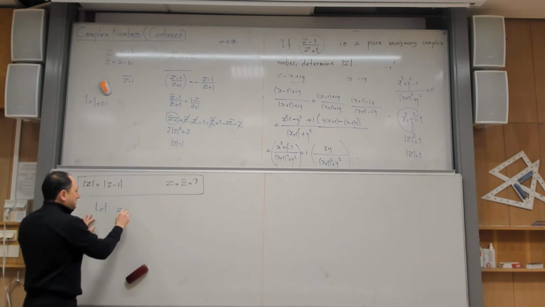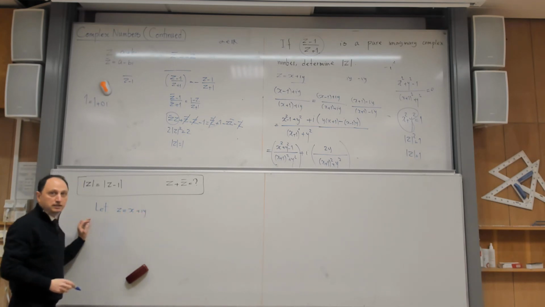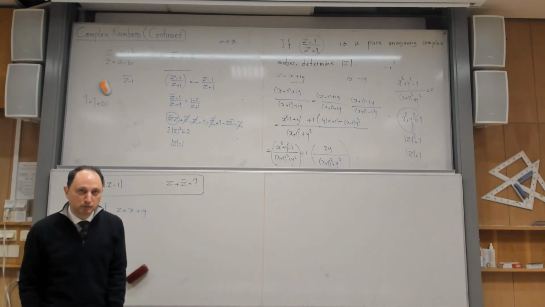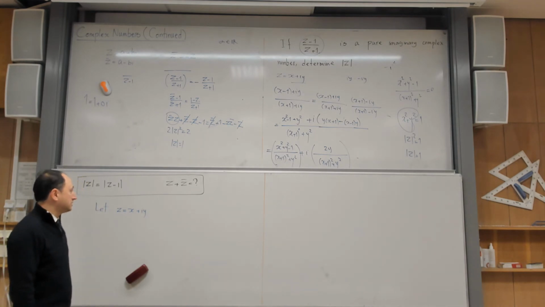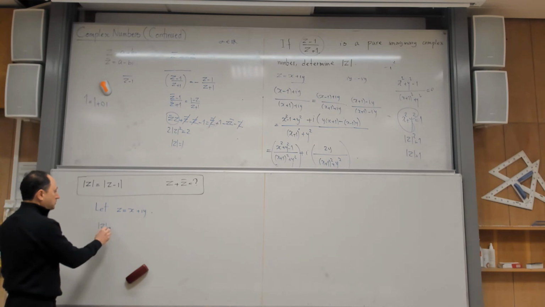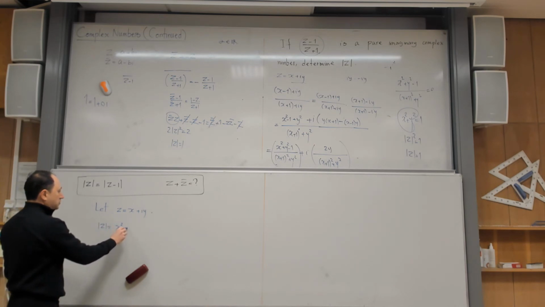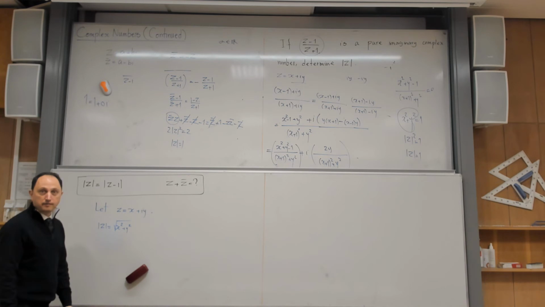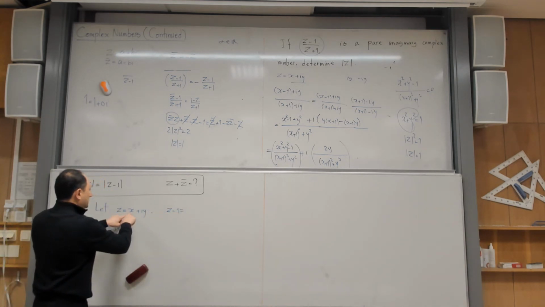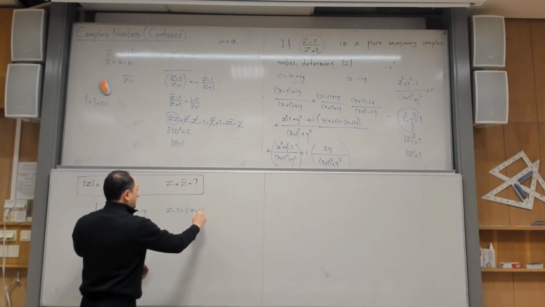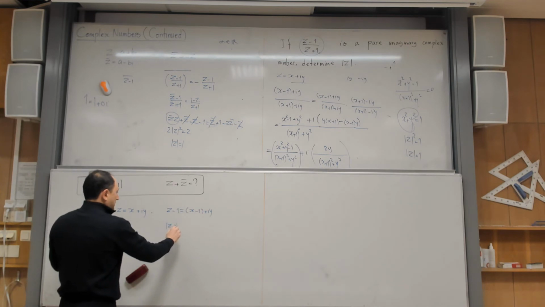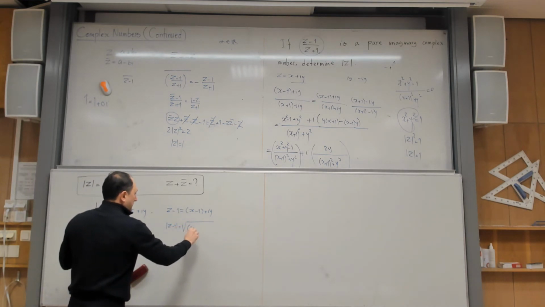So I would say let z be equal to x plus iy. By the way, I would consider it an A-level problem, probably a C-level problem in our lesson. So let this be. Then what should I do? Absolute value of z is the square root of x squared plus y squared. But what is z minus 1? Because 1 is the real part, it will affect this part. It becomes x minus 1 plus iy, isn't it? And now if I ask you what is the absolute value of z minus 1, you can answer it immediately.